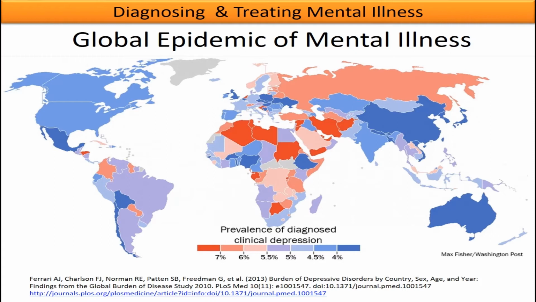And here you can see that those countries most affected by this epidemic are in the Middle East and North Africa. Now, the controversy is over whether depression, schizophrenia, and other mental illnesses are actually illnesses, and whether we should be actually using this medical language to describe these things. You know, this talk of epidemics of mental illness.